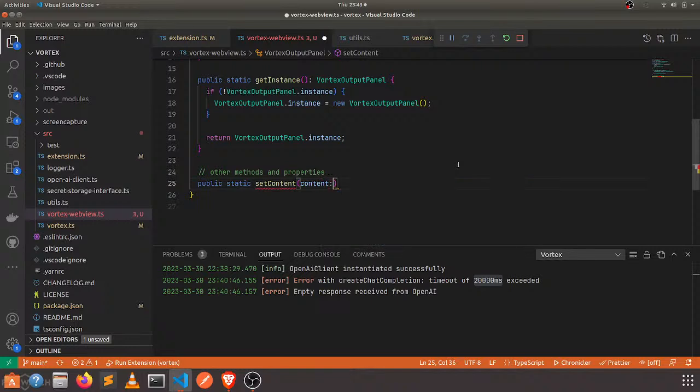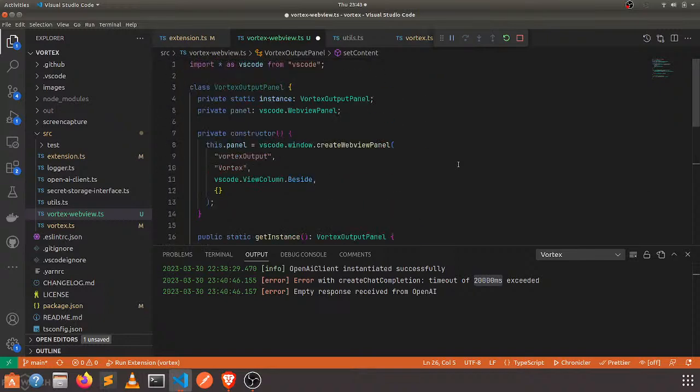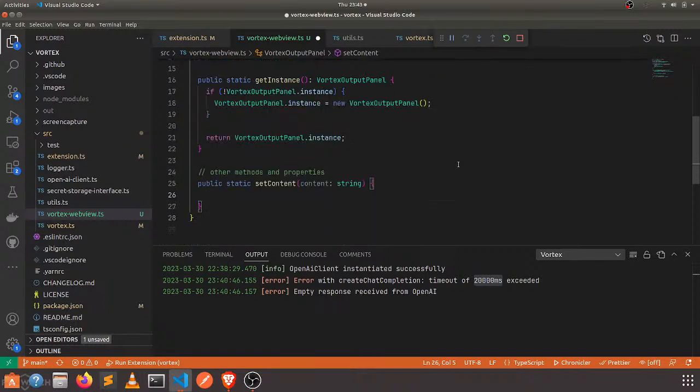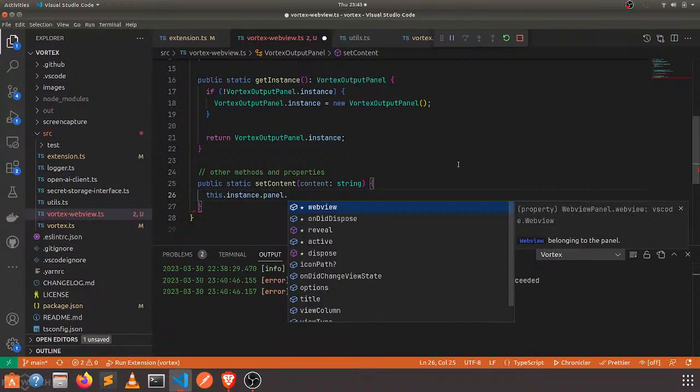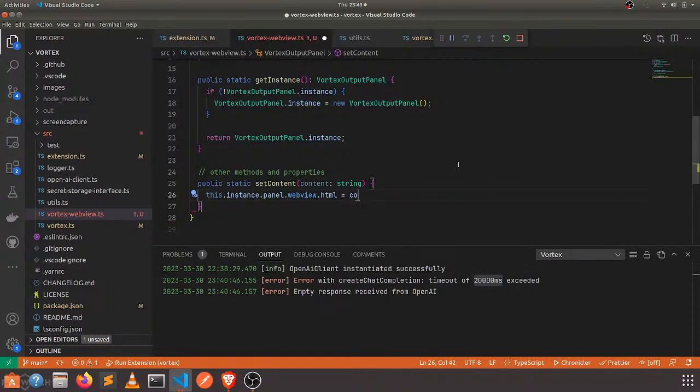And content be of type string for now. It's not going to return anything. And it's just going to do this dot webview dot equals